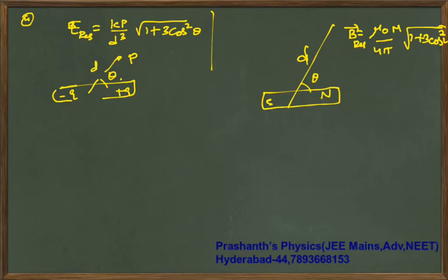Now in this case your resultant will be this way, perpendicular to your axial line and along your equatorial line. So parallel component and perpendicular component, and your resultant value is that much, and this angle alpha satisfies tan alpha equal to tan theta by 2. So this is your parallel component, this is your perpendicular component. Like this we can define the basic entities.